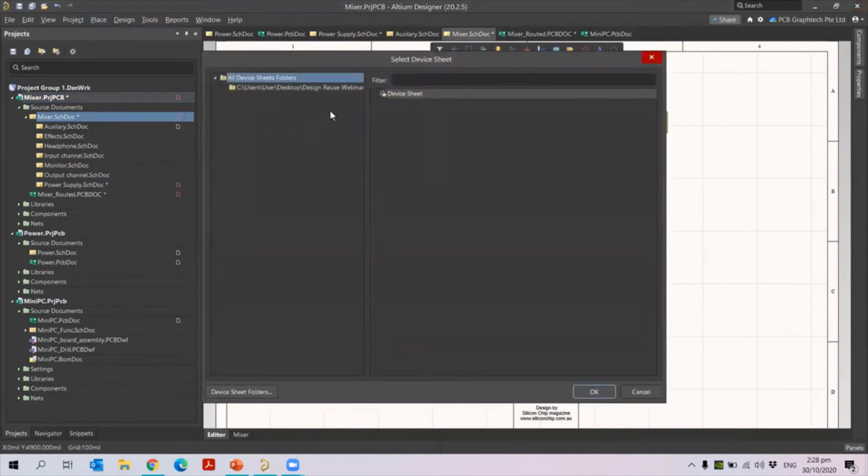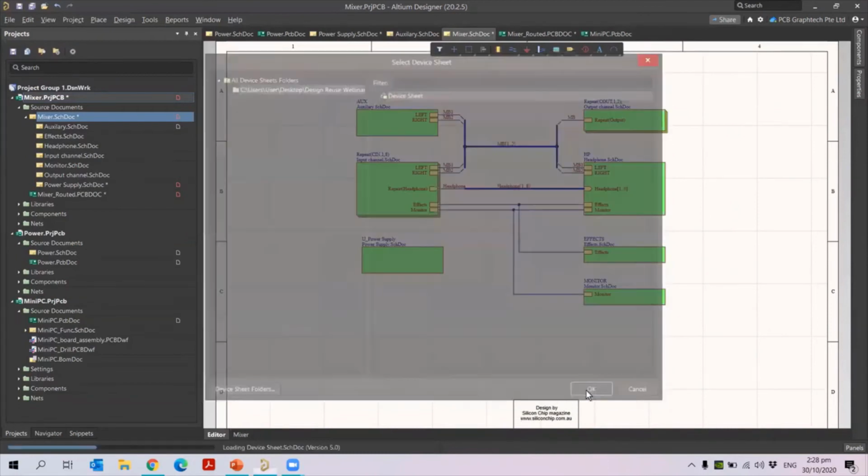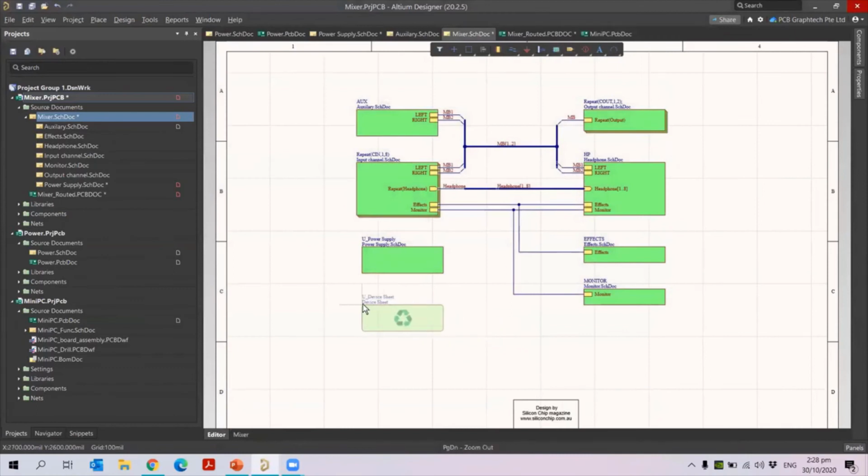When I go to place device sheet symbol, you can see the folder is user desktop. This is my folder, and inside this folder I have one device sheet. Okay, so I'm going to bring in this device sheet, and the symbol for this device sheet is like this, triangle. So click OK, so you can bring in here.